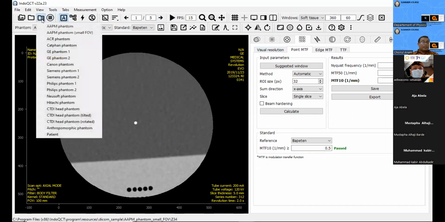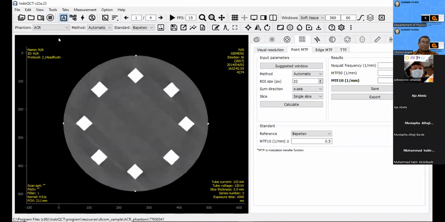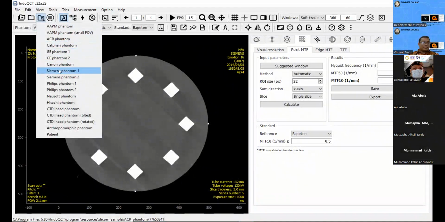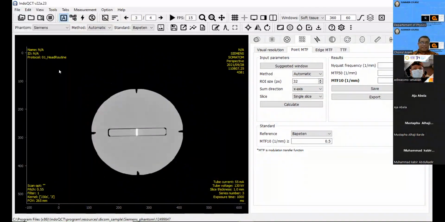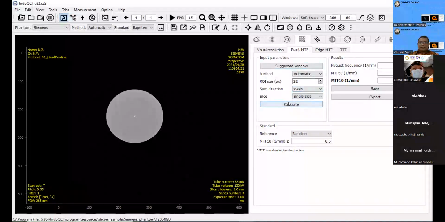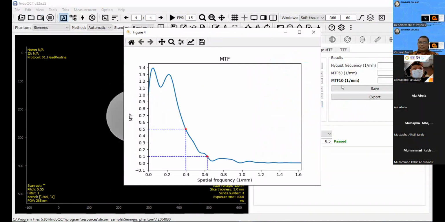And I will try again. I wonder why our phantom can work properly. Okay, maybe using this phantom. This is the point MTF. Calculate. The result is 0.7.